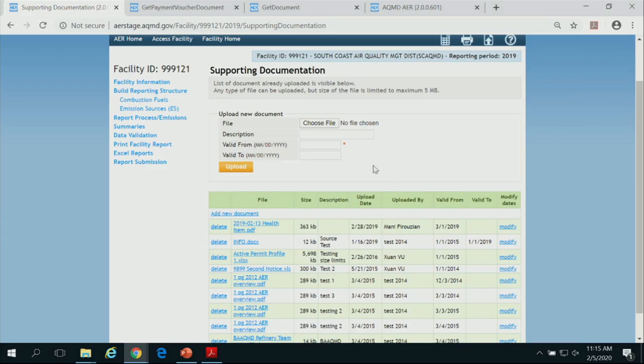If you would like to upload those for the submittal, you're not required. But if you would like to upload all that information, the benefit is if down the line an inspector comes and questions you, you know that everything is there. Imagine if your facility is huge. It's not required, but we recommend it. Go ahead.